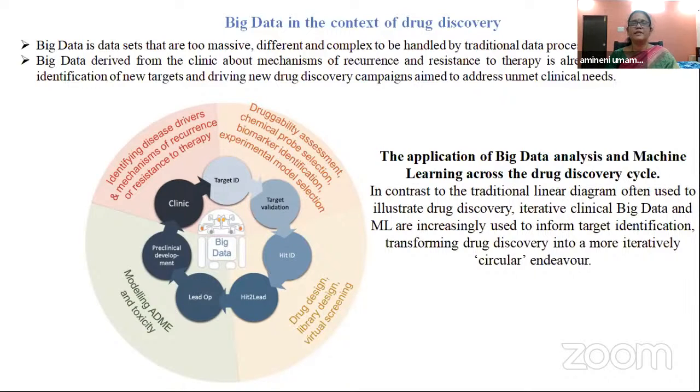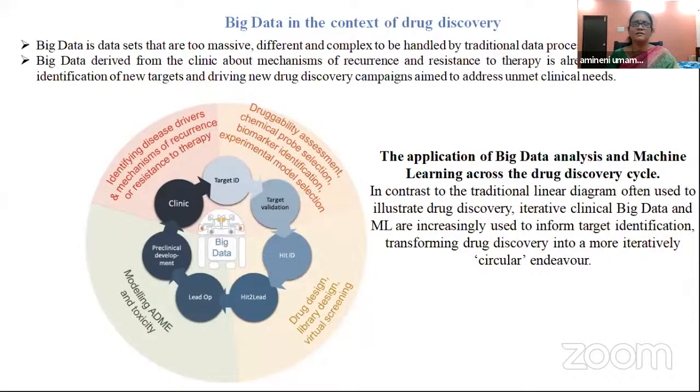Here we have big data. Big data means it is not only huge in volume, at the same time it has diverse data, like the omes you have already seen. The human being cannot analyze this, so we need computers. This big data is available and computational speed is also available. By integrating all these things, we can do the drug designing process.